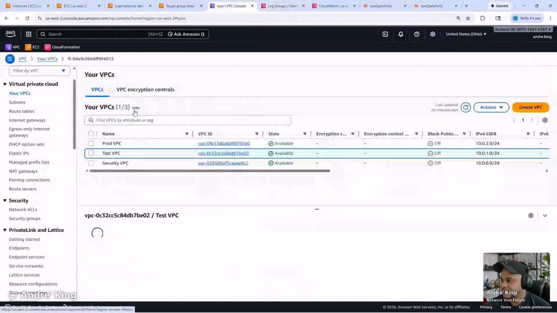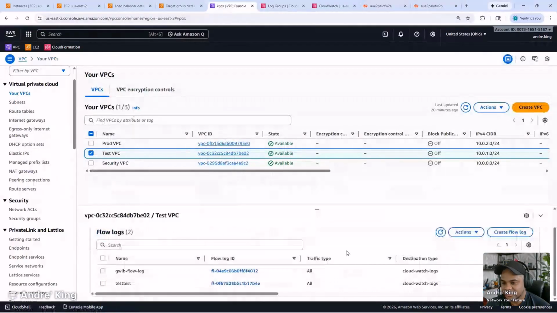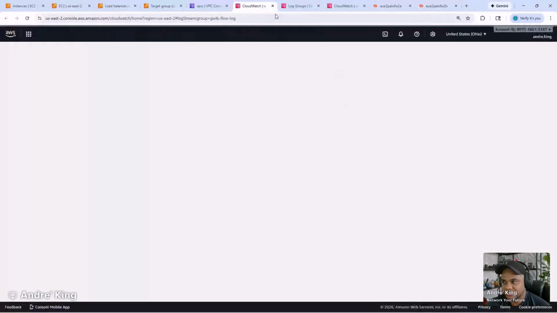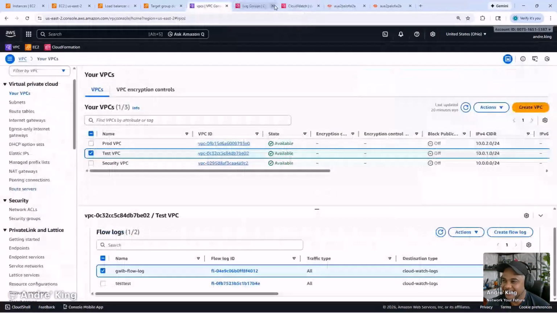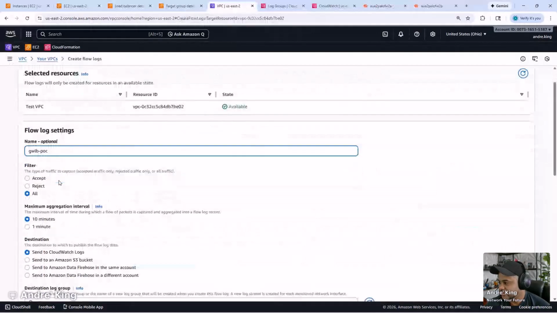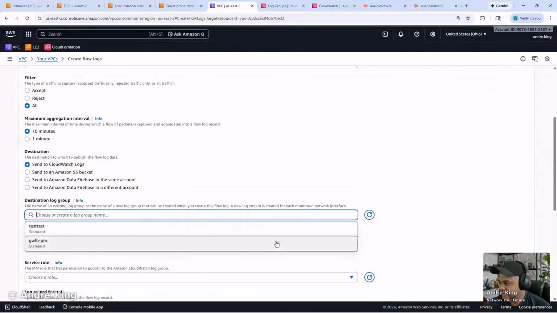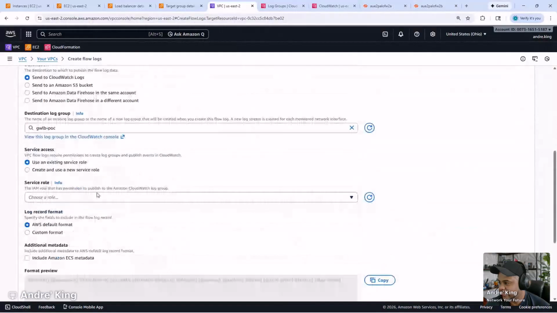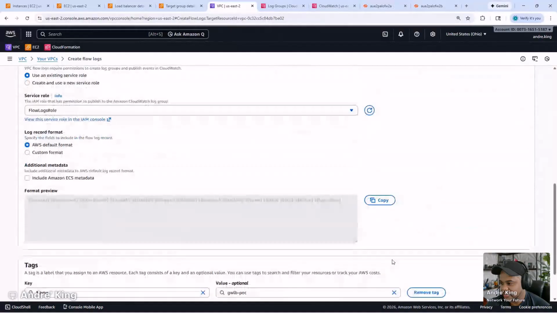Let's go to your VPCs, tests, flow logs. We've got two created, so what's the point? Very odd. All right, so all good. Gateway Load Balancer POC. The defaults are good for that. We don't even see... All right, there we go. I was going to say the one we just created. We'll start typing flow logs, and let's do